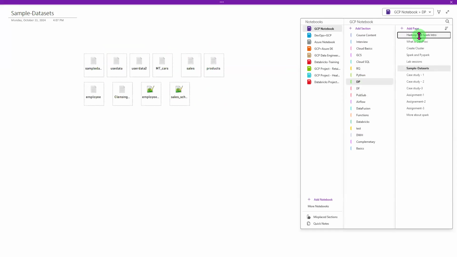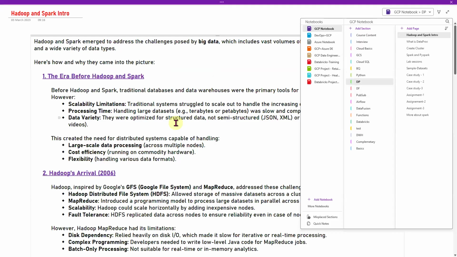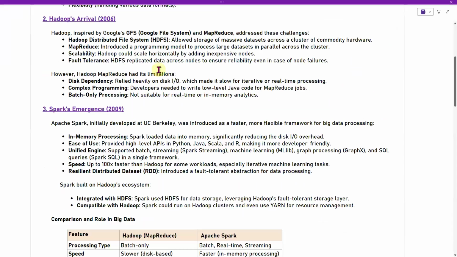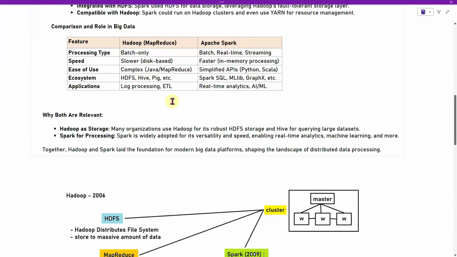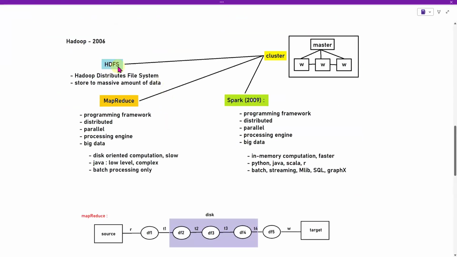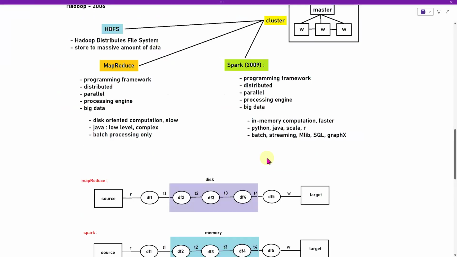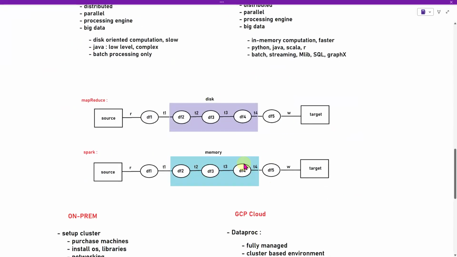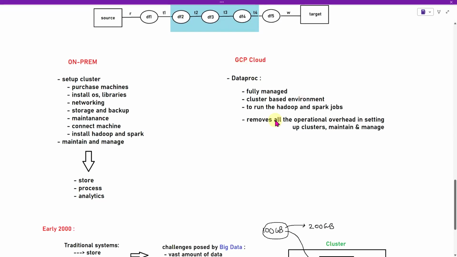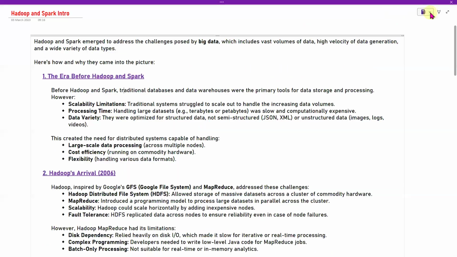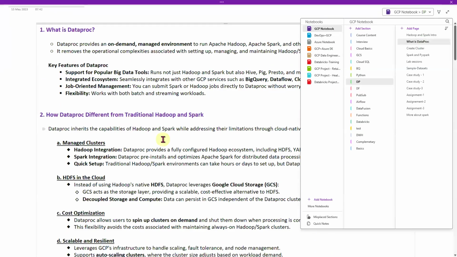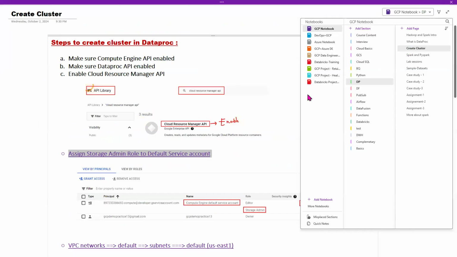And then we are learning about Dataproc. First we are going to see what is Hadoop, what is Spark, and how it is different from Dataproc. So Hadoop arrival, what is HDFS, MapReduce, Spark, and what is the difference between these frameworks, and what is disk oriented versus in memory, and what is Dataproc and how it is useful for you. These are the things that we are going to see with examples. Then what is Dataproc? Creating a cluster in Dataproc. And what is Spark and PySpark